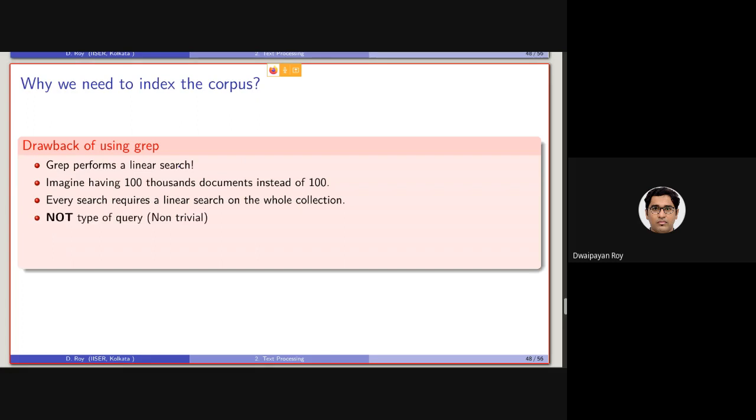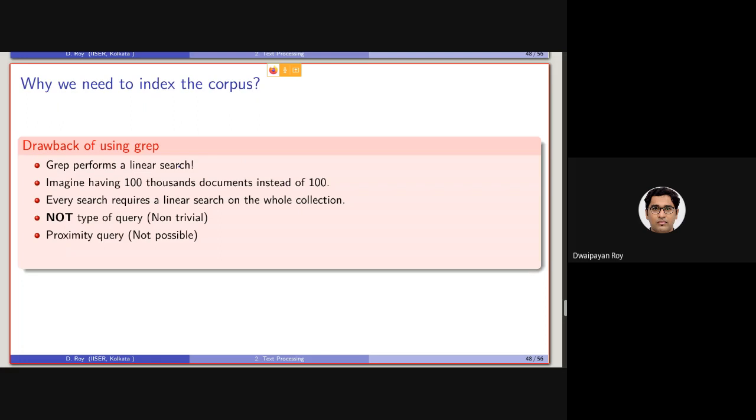And NOT type of query is actually non-trivial, although there is a parameter in grep called -v, which is basically the inverse of checking. That is, it will be giving us the documents that are not containing a certain term, but still it is not actually trivial to use.